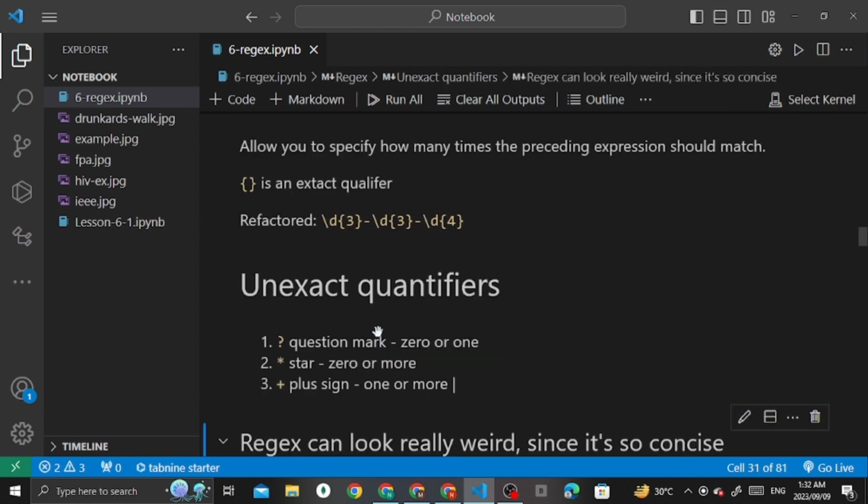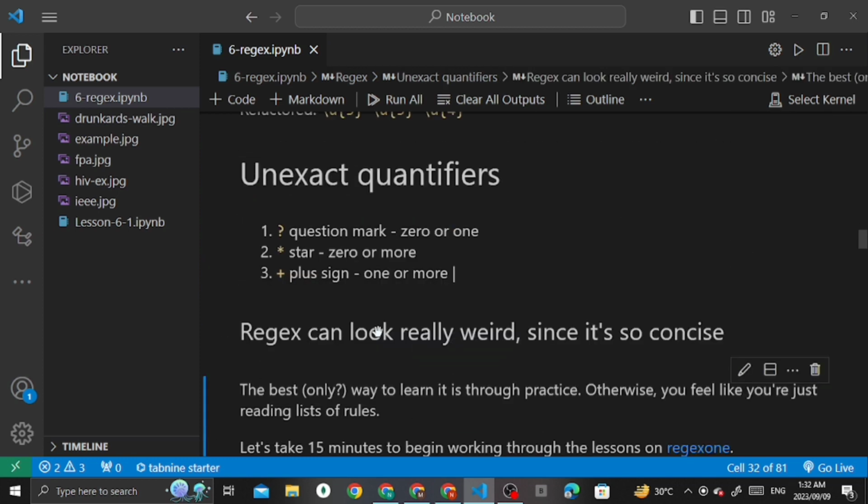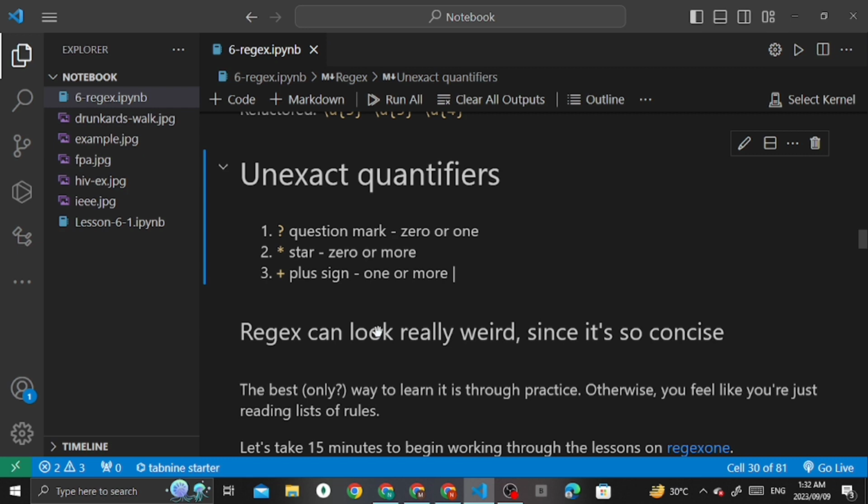Inexact quantifiers in NLP introduce a level of uncertainty or imprecision when specifying quantity or frequency in text, like few, many, and several, allowing for a more flexible and approximate description of elements.